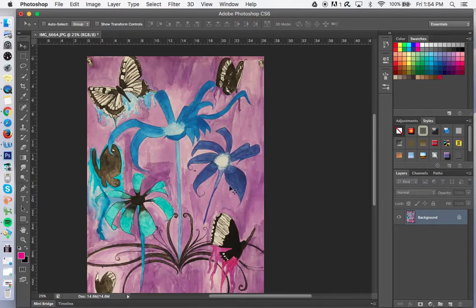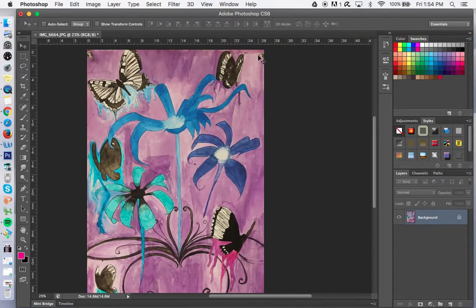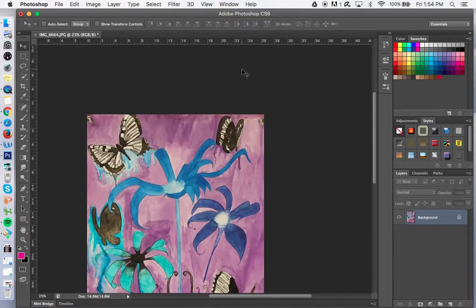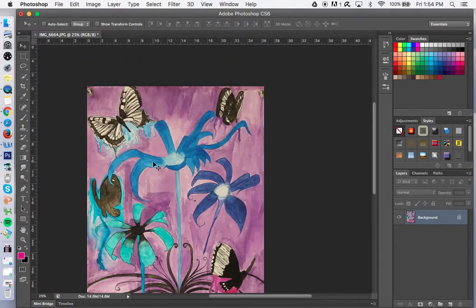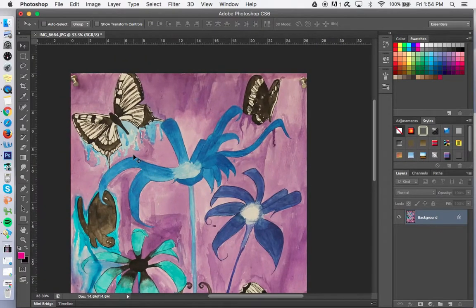Okay, the next thing that you might notice is that there are a few tacks in the picture. We need to get rid of those. We don't want those to show up in our final picture. So we have a couple choices of what we can do there. I'm going to zoom in just another click more, and I'm going to show you two different ways to fix that. The first one is called the spot healing tool. It looks like a little band-aid. So you click on that,